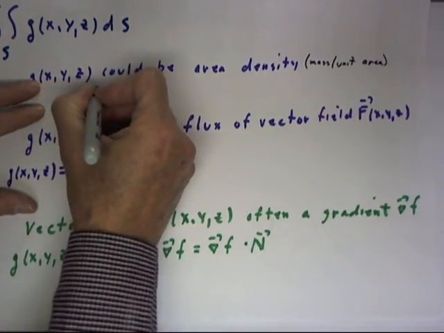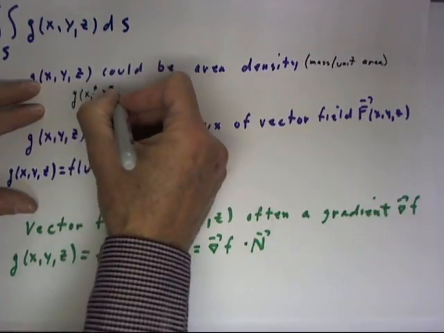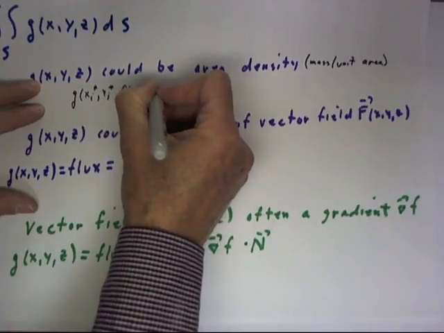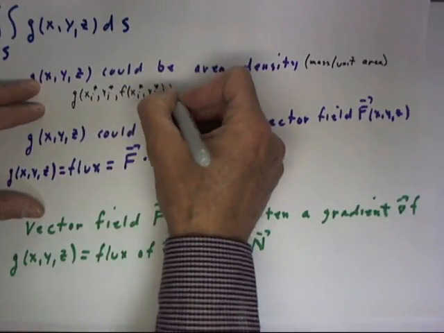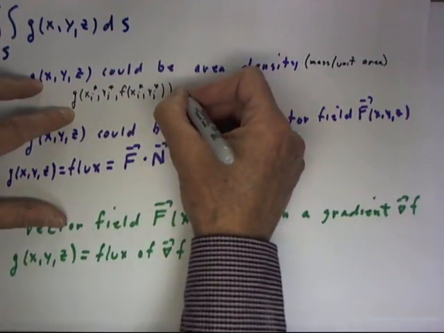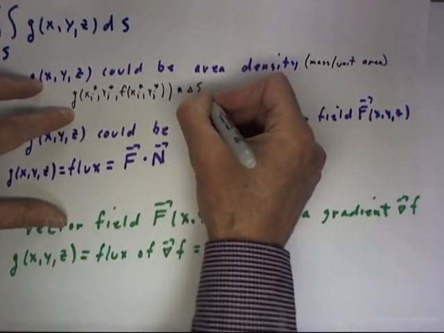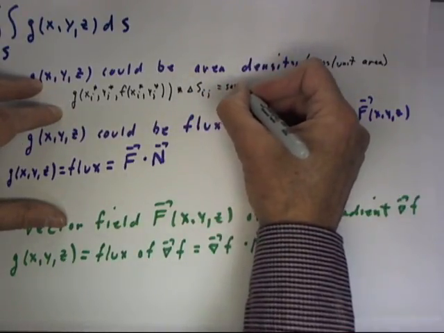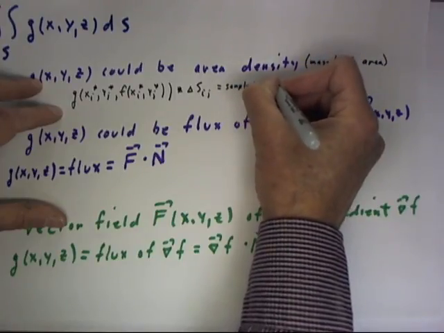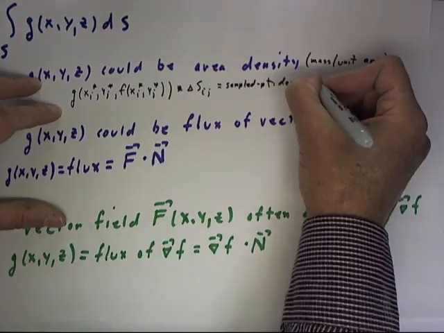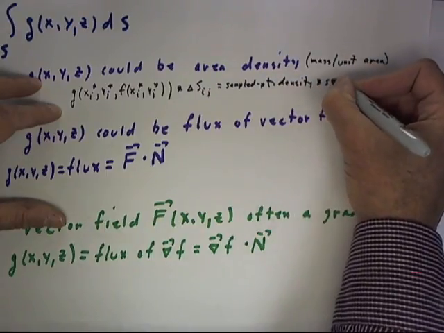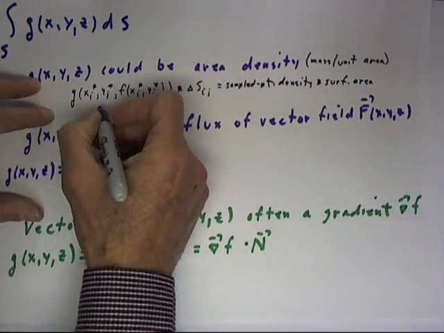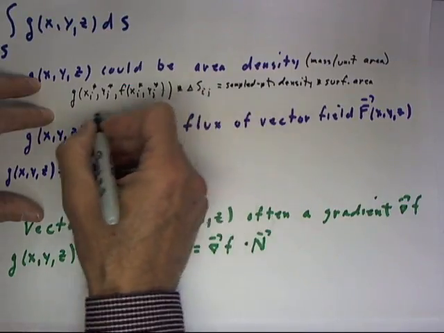g of xi star, yj star, f of xi star, yj star is the sample density, and if we multiply that times delta S ij, this is the sample point density times surface area, and the sum